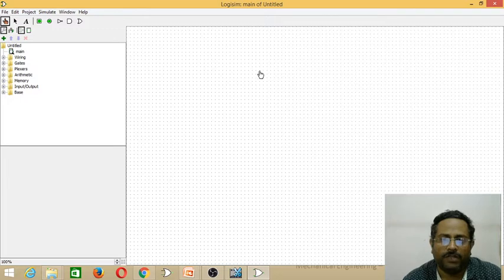This will open with a default window as shown here. This consists of the menu bar, toolbar, and explorer pane, which consists of the components library and attribute pane, and then the working area that is called canvas. Here first we will consider De Morgan's first theorem.